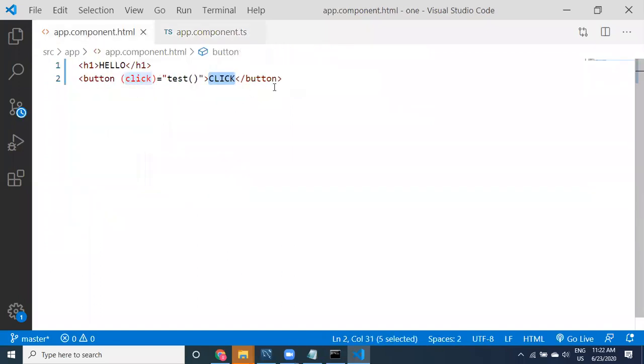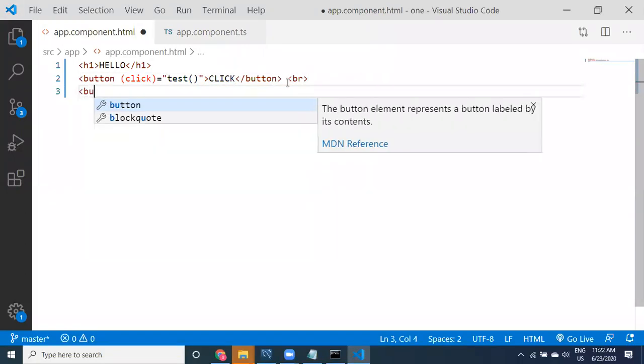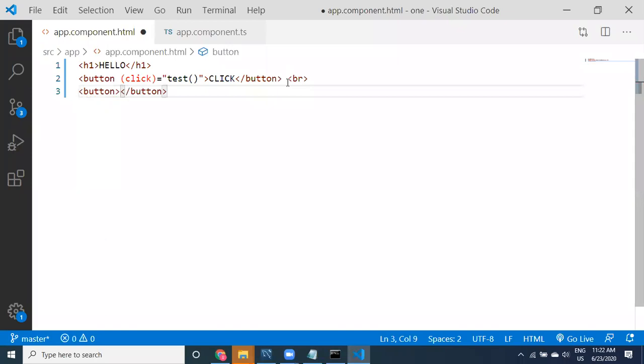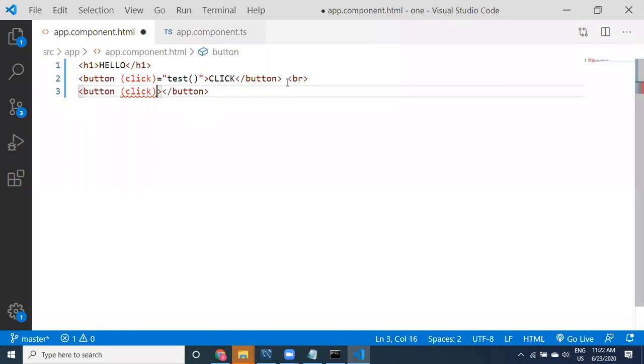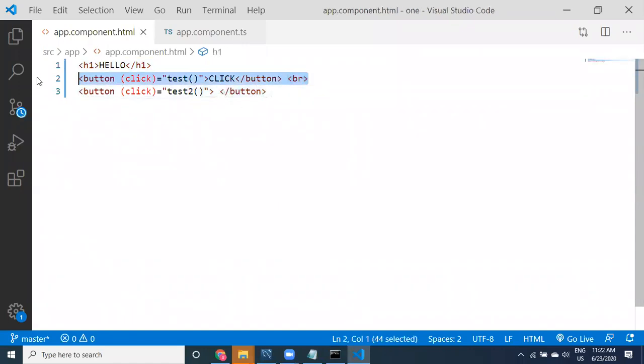Go to here. This is going to be something like test and test2.